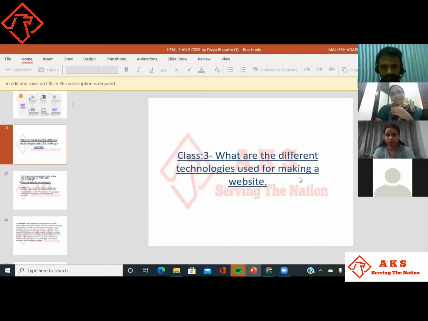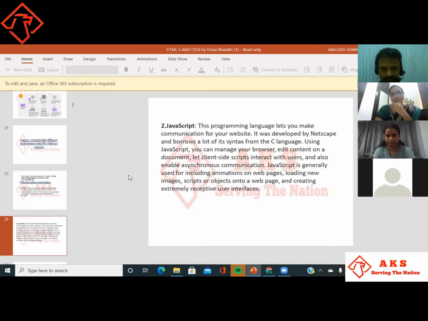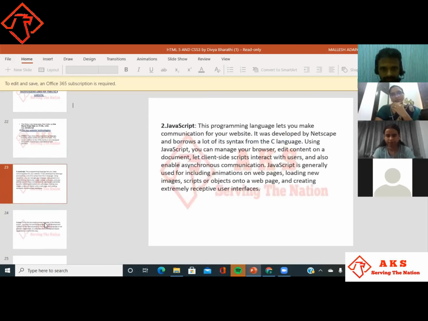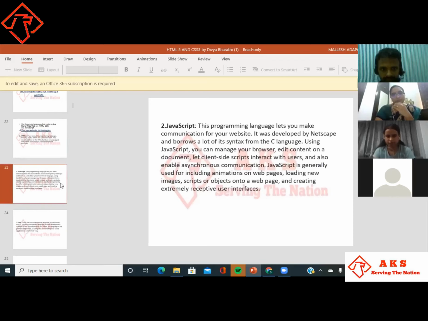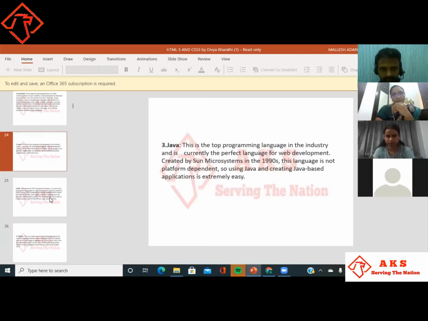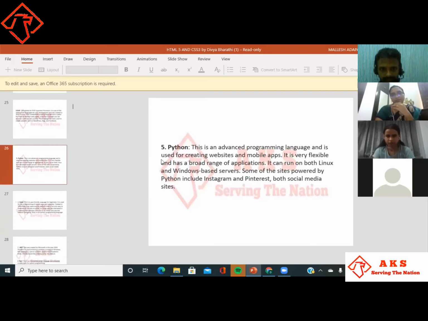These are the technologies used for making a website. The 3 core languages that make up the worldwide web are HTML, CSS, and JavaScript. The top website technologies are HTML5, JavaScript, Java, PHP, Python.